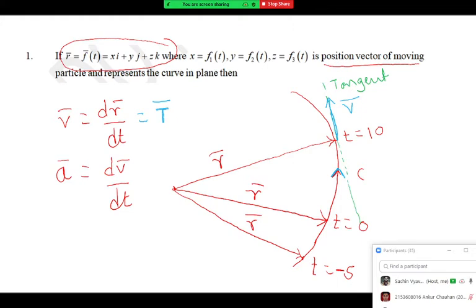And can you guess the direction of acceleration? There will be two directions. If it is a circular orbit, one will be towards the center, and the other in the direction of displacement itself. Okay, Sushant, you are talking very fast. Just tell me in short, what about the direction of a bar? There will be two directions: one towards the center, the centripetal acceleration, and one tangential acceleration in the direction of the tangent.